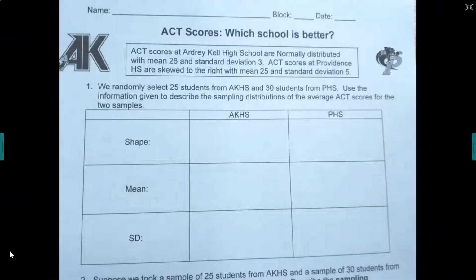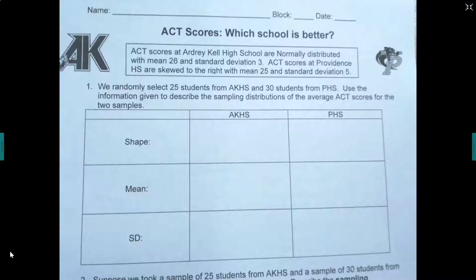Welcome to this video on sampling distribution of a difference between two means. By the end of this video, you should be able to calculate the mean and standard deviation of a sampling distribution of a difference between sample means, and, if appropriate, use normal distribution to calculate probabilities involving the difference between